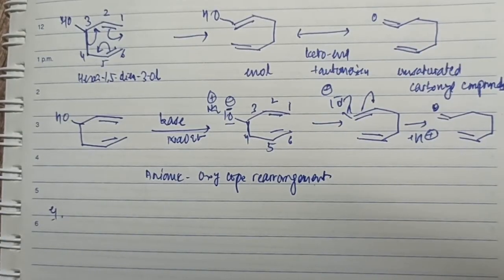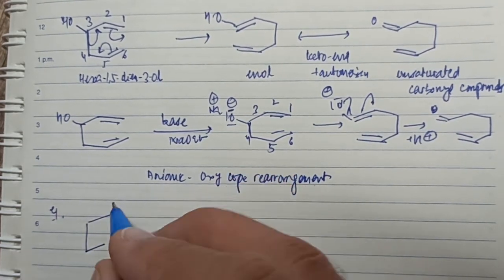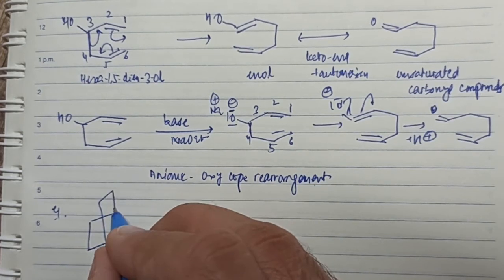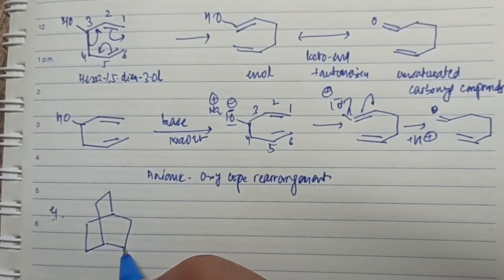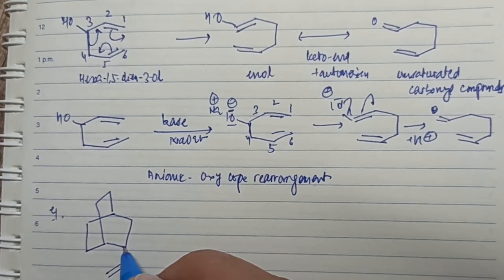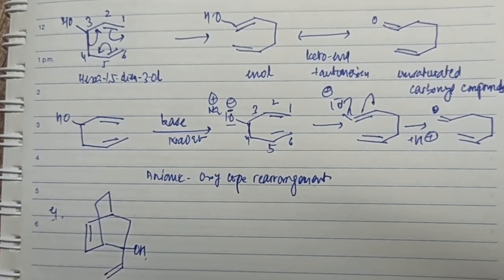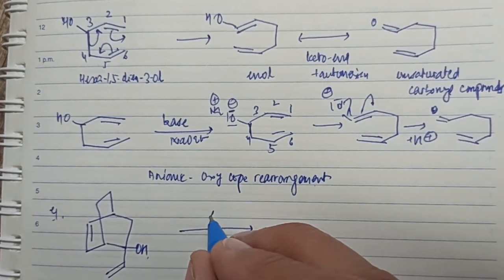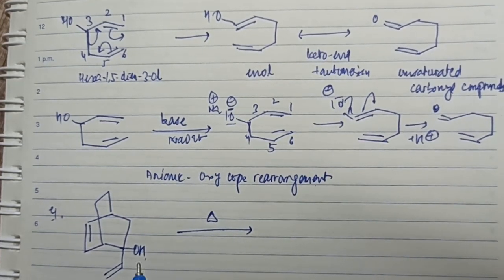Let's take an example to explain this. Let's start with this molecule and figure out what will be the product formed in the reaction. One wedge here and a double bond here. This is my system. If it undergoes a thermal concerted reaction, what product will be formed? Now figure out this molecule.